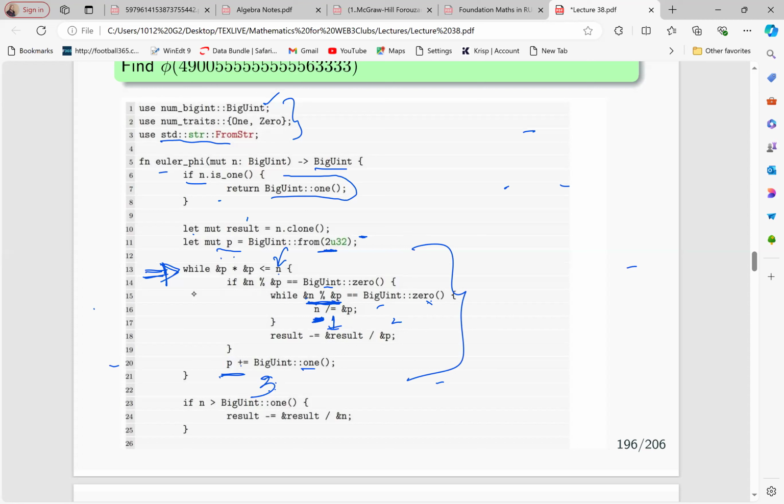When you exit the loop with some N, increment our P again to 5, the next prime number, and then come back here and redo the process, and so on,